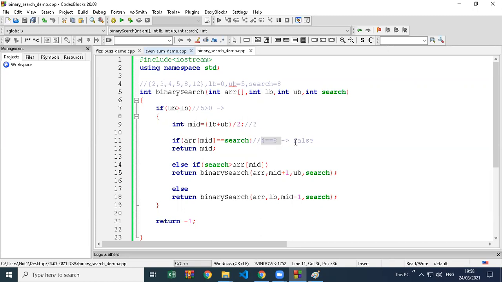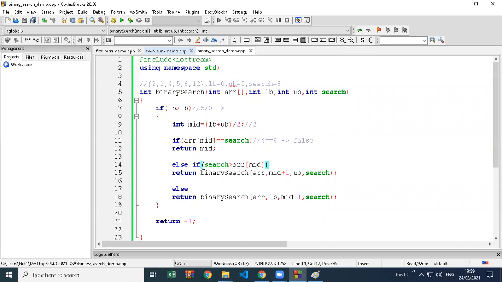But 4 is not the value we are searching for. We are searching for 8. So that's why we'll check now, search value is 8. Is it greater than the element we are searching or less than the element? Tell me. Is it greater or less? We are searching for 8 and we found 4. So this element you are searching now, is it greater than this or less than this? Same logic. We did this in theory. Tell me greater or less in the chat. You are searching for 8. Is it greater than this or less than this?